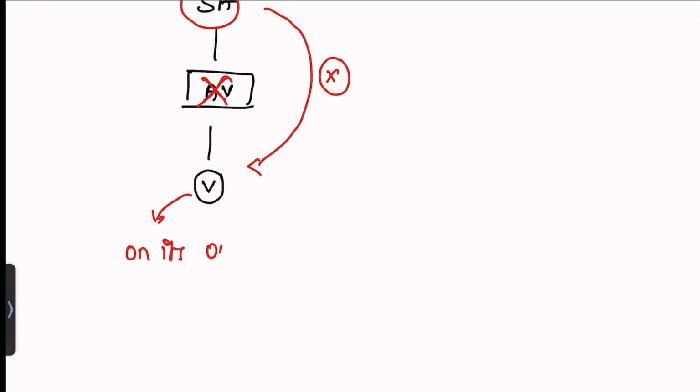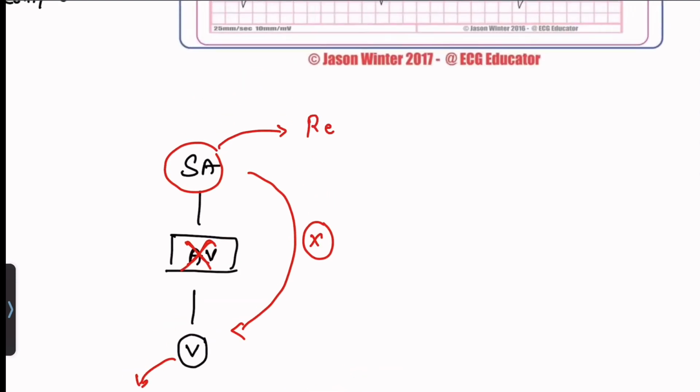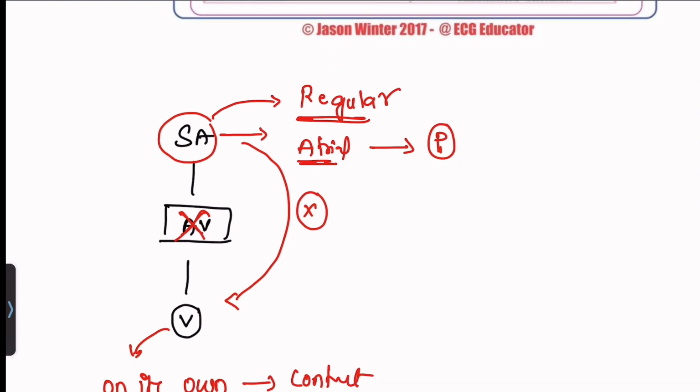But the impulses from the SA node are regular, and they reach the atria. Atrial depolarization is represented by the P wave, right? So the interval between two P waves will be constant,